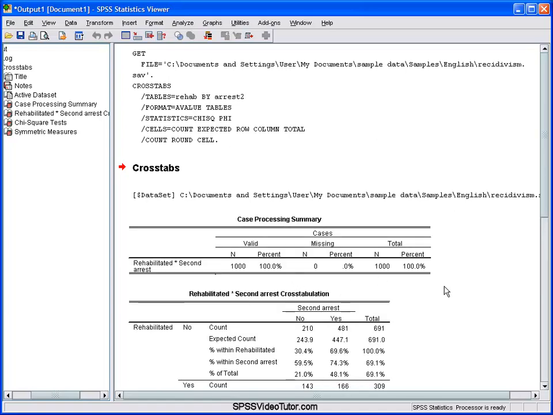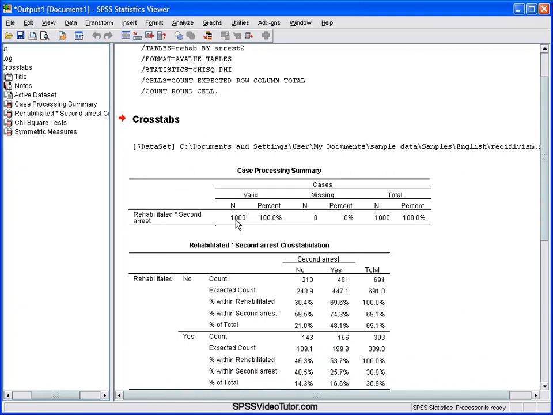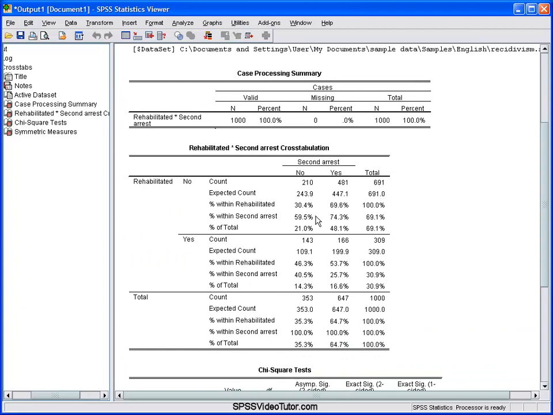Now, the first table that we see is the case processing summary table. Okay, this tells us the number of respondents that are included in our analysis and the number of missing cases. So we have 1,000 people who have been included in this analysis, and there are no missing cases. The second table is our crosstabs table. Each cell contains the count for that cell, expected count, row percentage, column percentage, and percent of total of all